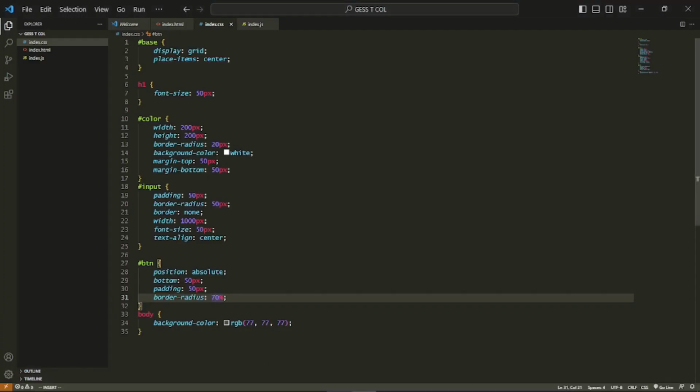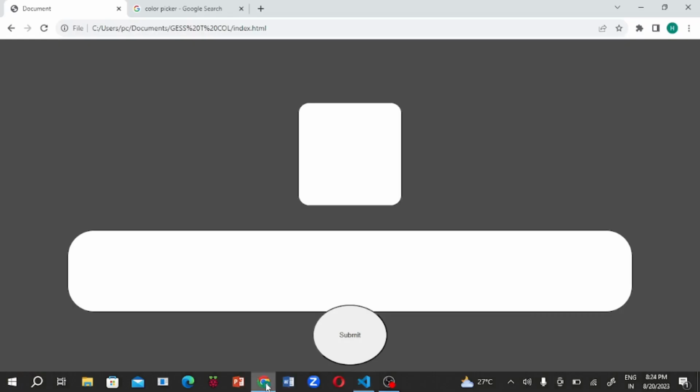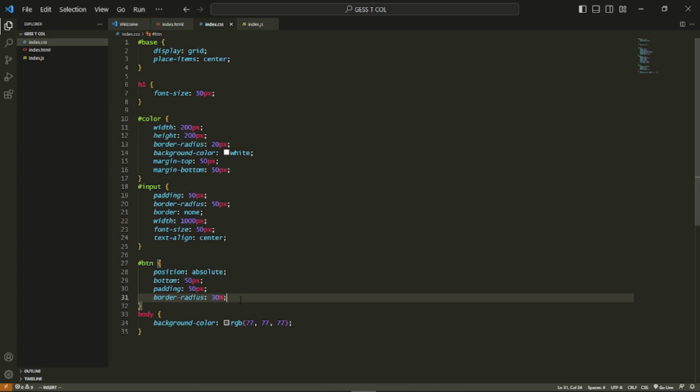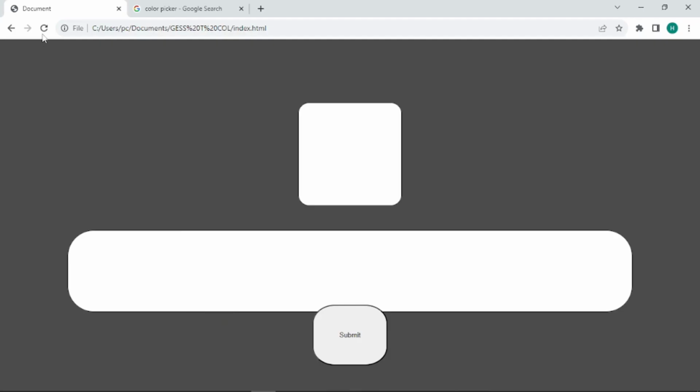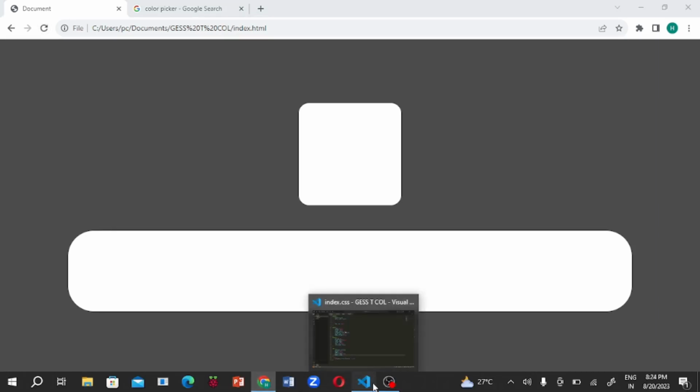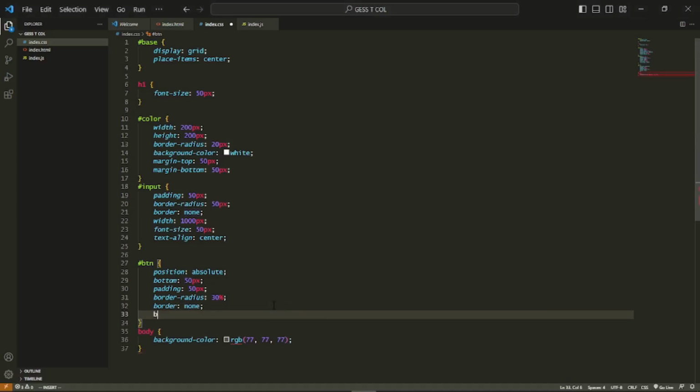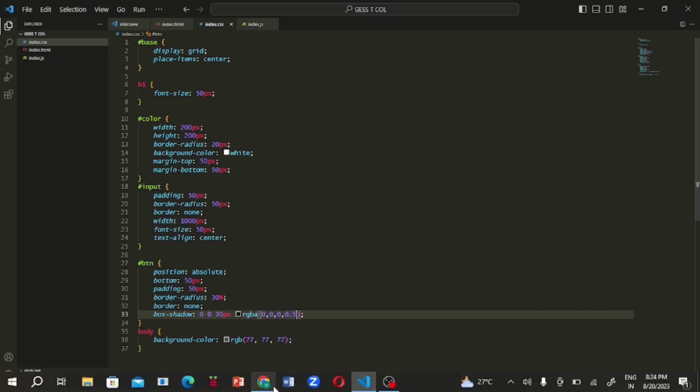Yikes. And then lower it some more. And then remove the border, the outline, because it looks ugly. And then give it a box shadow of 0, 0, 30 pixels, RGBA 0, 0, 0, 0.5,